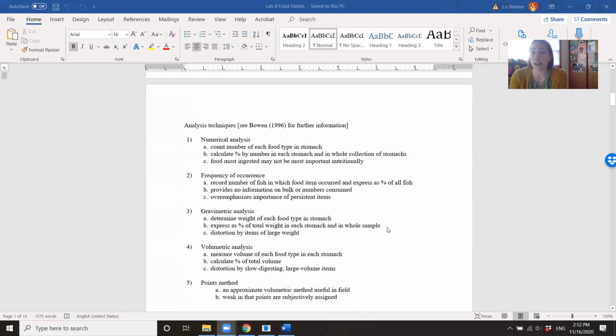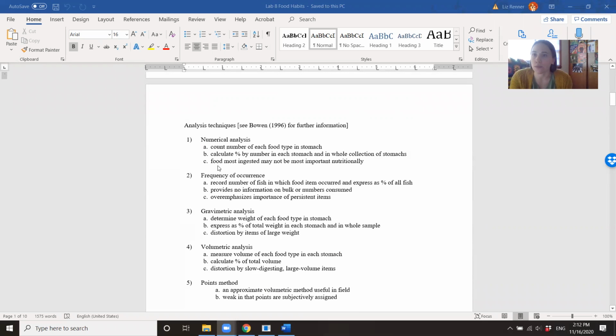And so there's a lot of different analysis techniques that we can use. The first one, and one of the most common ones, would be numerical analysis. For numerical analysis, you're just counting the number of each food type in the stomach. So you classify items by type and then count them. And then you calculate the percentage by number in each stomach and in the whole collection of stomachs, so multiple stomachs across your sample. And then you would assume that the food most ingested is the most nutritionally important, but